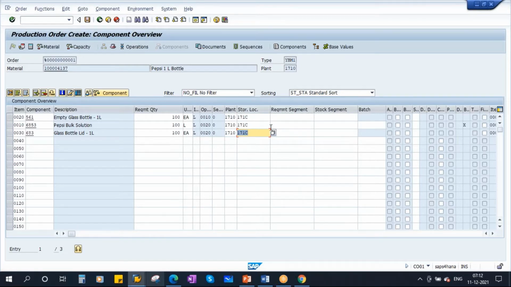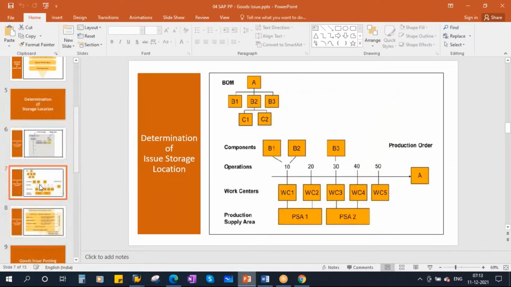That means there are some settings maintained in the system. From there, it is proposing automatically. So normally, when you create the production order, this happens automatically, provided you have the required setting. How this happens, we will discuss. There are various methods.